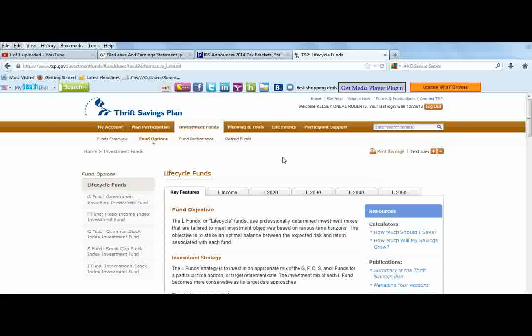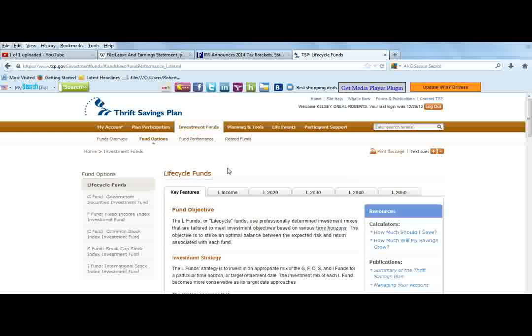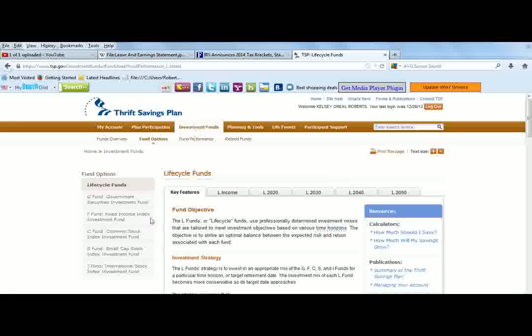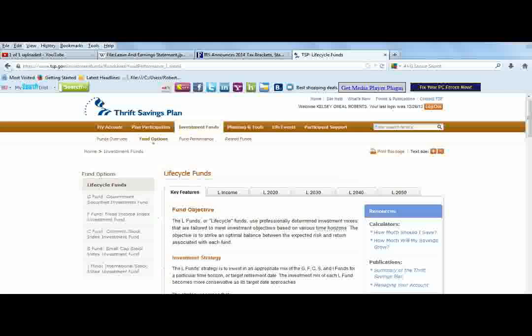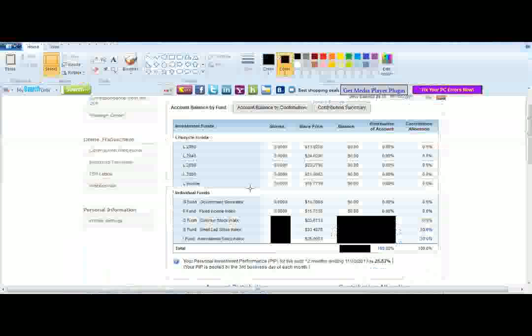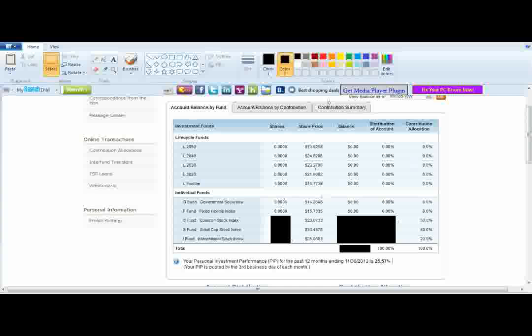That's basically a little bit about how to get in and manage your TSP account. One thing that I didn't mention was whether you're contributing to Roth or contributing to traditional TSP. See, there's no designation here, and if I go up here, I can see how much is in Roth and how much is in traditional. But basically, once it's in here,